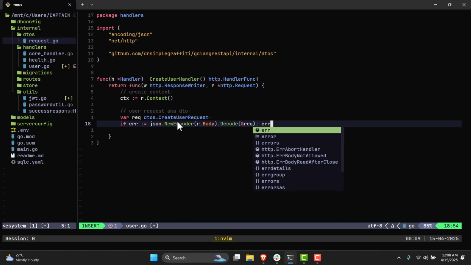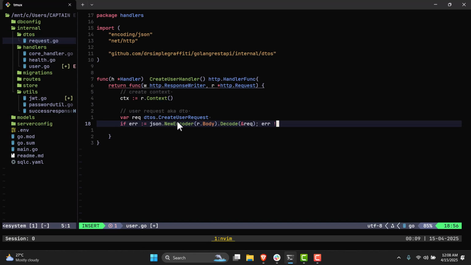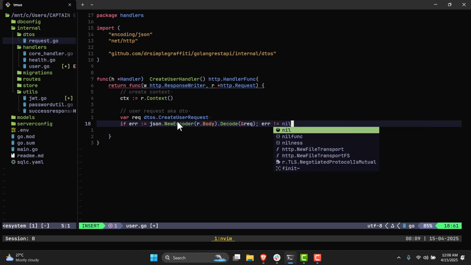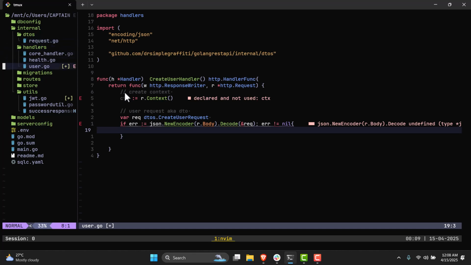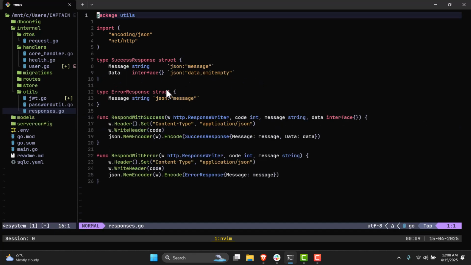And if error does not equal to nil, then we can now use our error response coming from this. I think we should rename this to response. Let's call it responses.go. Since we have both the error and success here,